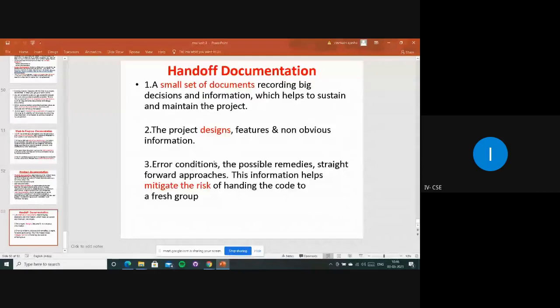And the third one: error conditions, possible remedies, and straightforward approaches. This information helps mitigate the risk of handing the code to a fresh group.